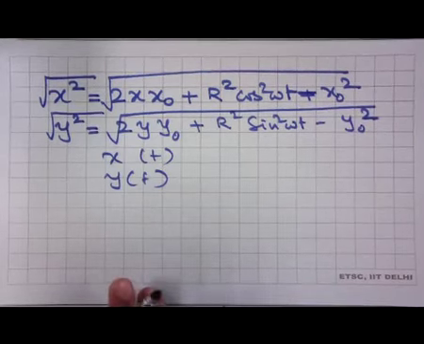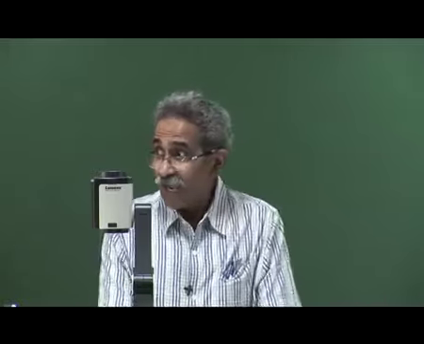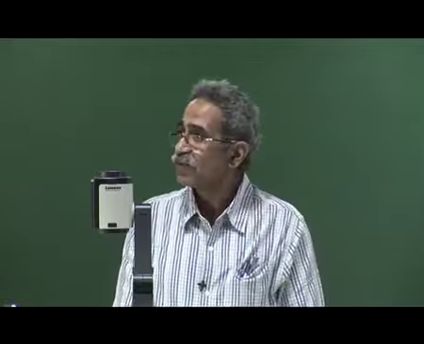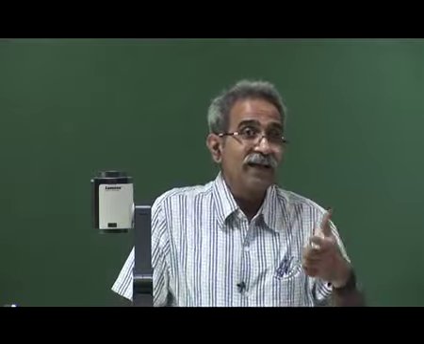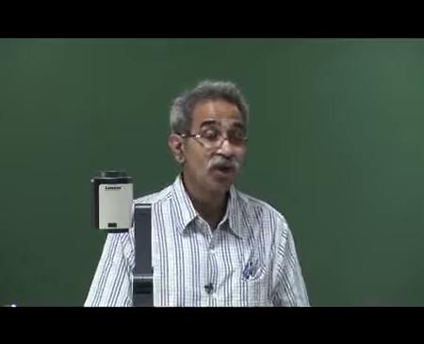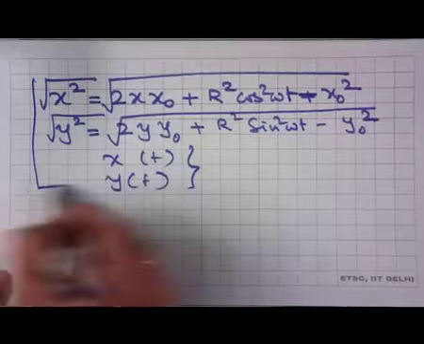So in your geometry course, in your 11th standard, 12th standard, you actually devise methods of finding out whether the trajectory is a circle or not, independent of the coordinate system. Is it a parabola? Is it an ellipse? These are the exercises that you are going to do, and this is what we have.